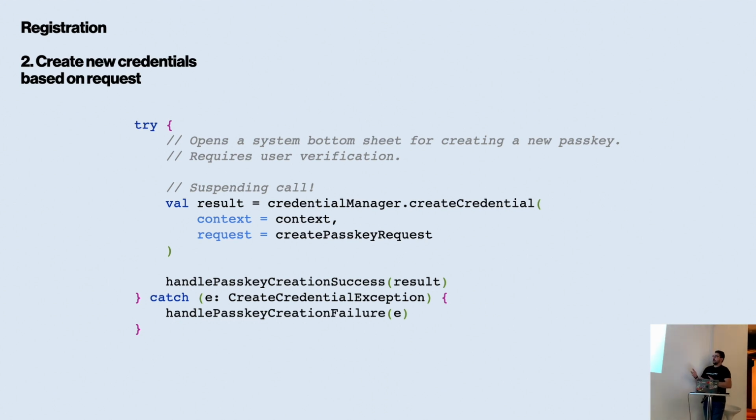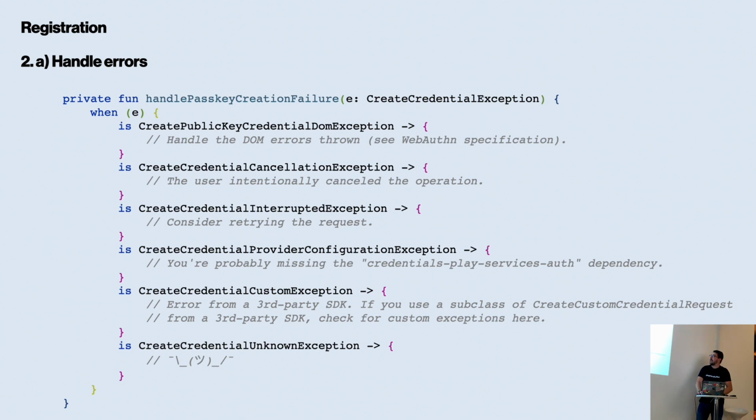This result is then handled. You check it for all the parameters that you need, or option B, you get the create credential exception. And now, when you have that create credential exception, you have a couple of different options to choose from. Some of them are very clear. You're either missing a dependency, or you're going to have to use your third-party SDK documentation to see what you're actually getting from them.